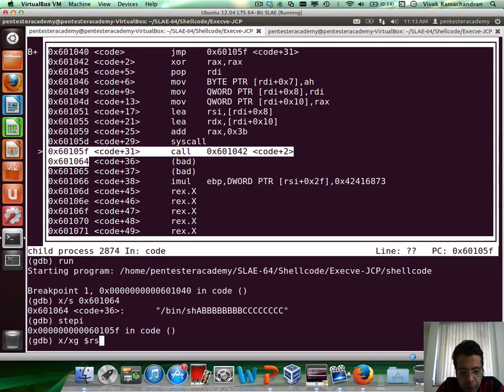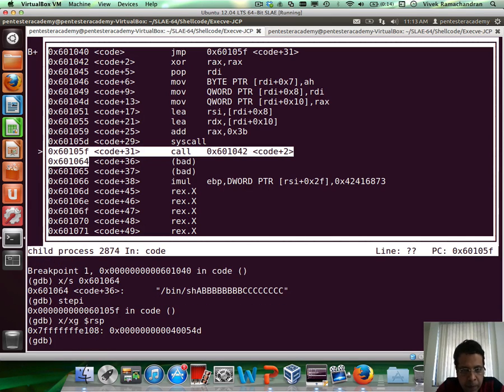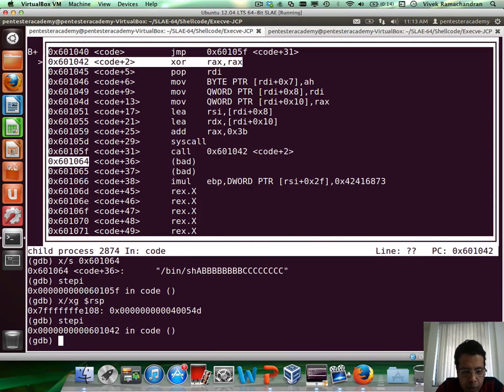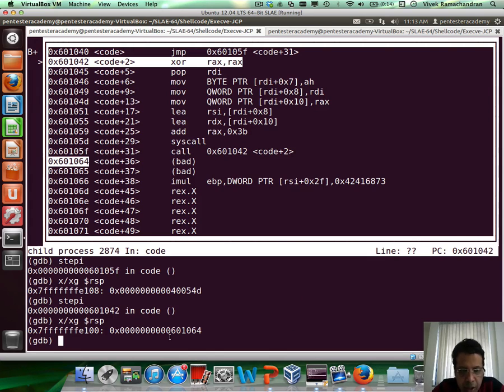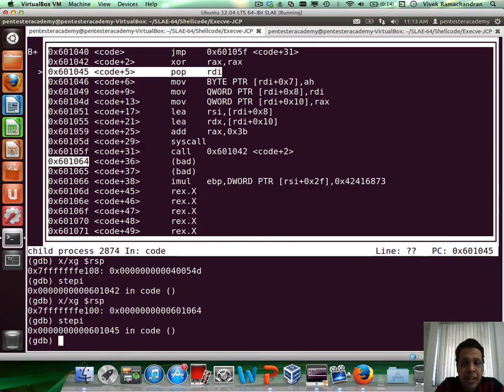and if we verify at this point, this is how our stack looks like. And one more instruction, and the stack, or rather the top of the stack, would now contain the address to our string in memory. As you can clearly see, 601064, 601064. There you go. So the top of the stack now contains the address to our string in memory. After that, we do this regular XOR RAX, which is okay. Now pop RDI will take the address of the bin sh AAAAAAAA BBBBBBBB CCCCCCCC string and put it into RDI,